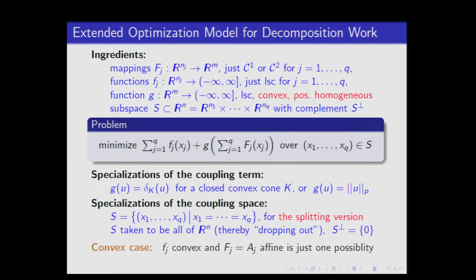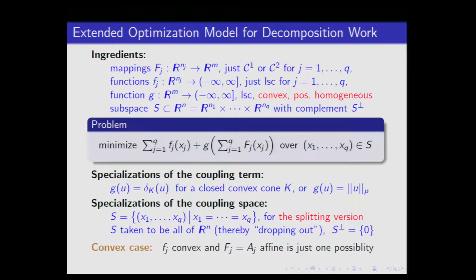There are people here who've done progressive hedging. This could be the non-anticipative subspace in stochastic programming. And there are many other things it could be. I'm thinking of linear relations like Kirchhoff's laws in a network. Or they could be dynamical relations in a multi-period problem which relate what's coming back and forth between different periods. So some sort of underlying linear relations. And I'm thinking of that as a coupling space, and g is a coupling term. And I'm going to do decoupling.